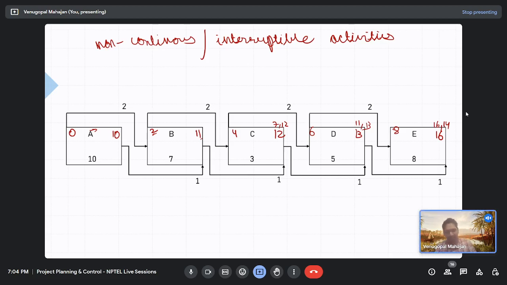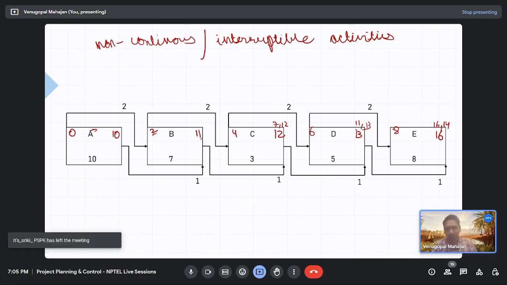So again I am repeating the question. If you split the activities, will the total project duration increase, decrease or remain the same? Decrease. It is decreasing. So will it decrease or increase or remain the same? Yeah, it is a trick question. Every time you have to solve it. I mean, I have got numerical. It depends on the interrelationships between them, right? The relationships now are such that your project duration is decreasing.